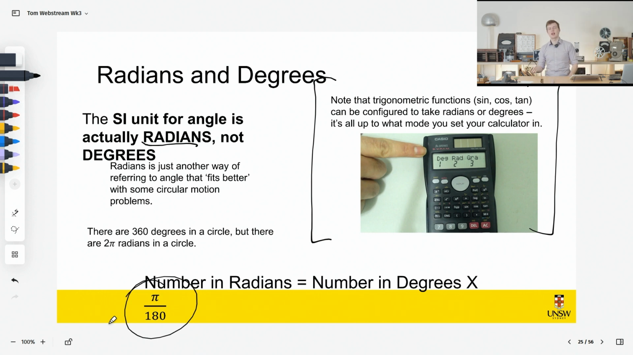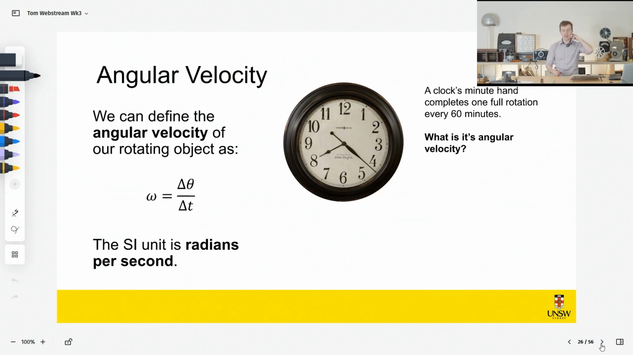Okay, to get a number in radians from a number in degrees, you multiply by pi, divide by 180, because a circle has 360 degrees or 2 pi radians. Okay, the radian is a very important term. And when we're using radians, then we can start to express